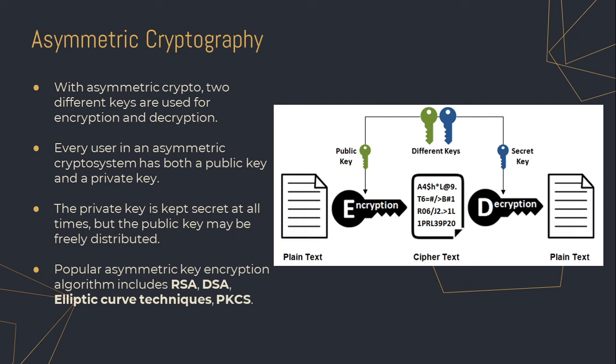Asymmetric key cryptography, also known as public key cryptography, consists of two keys: a private key used by the receiver and a public key which is announced to the public. Two different keys are used in the method to encrypt and decrypt the data. These two distinct keys are mathematically linked. The public key is accessible to anyone, whereas the private key is only accessible to the person who generates these